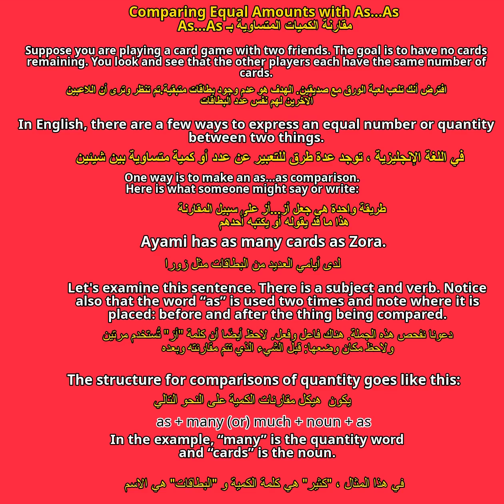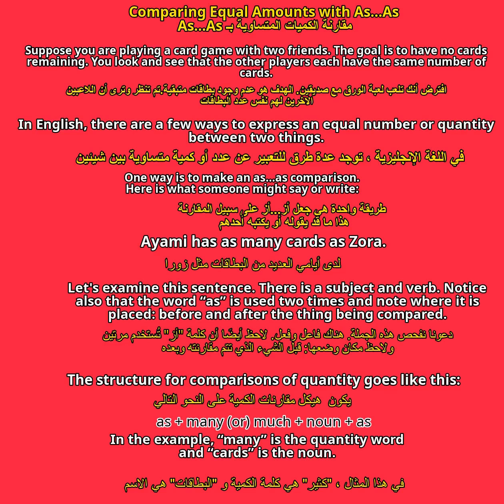One way is to make an as comparison. Here is what someone might say or write. Ayami has as many cards as Zora. Let's examine this sentence. There is a subject and verb. Notice also that the word as is used 2 times, and note where it is placed, before and after the